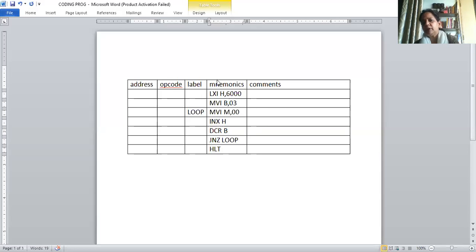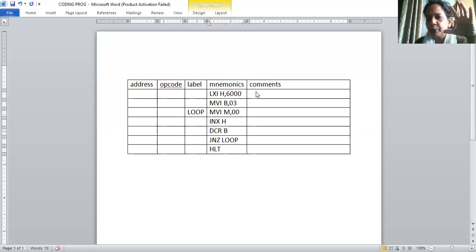Now, one program, suppose I have written it. The program is written, that is the mnemonics are written. In the mnemonics part, you have the opcode and the operand. The data to be operated upon is called the operand, and what operation is to be done is given by the opcode. Now, when you see this, these are the mnemonics, correct? And what does this particular program do?